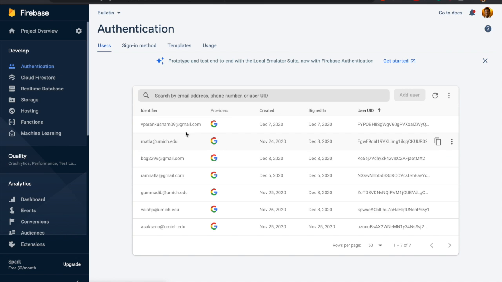So right here, if you go to the authentication tab, you can see all the accounts that we've authenticated, the dates that they authenticated, and they were all done with SSO through Google, which is nice. And they all come with their own user ID. And so this is how we essentially query for different users' properties and different users' attributes in our database.